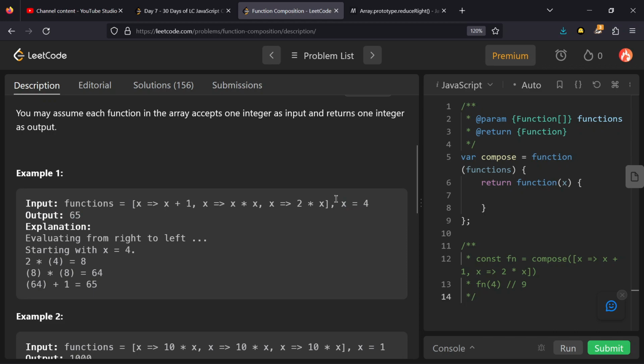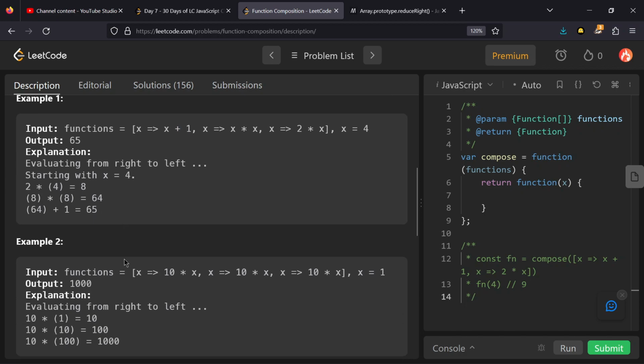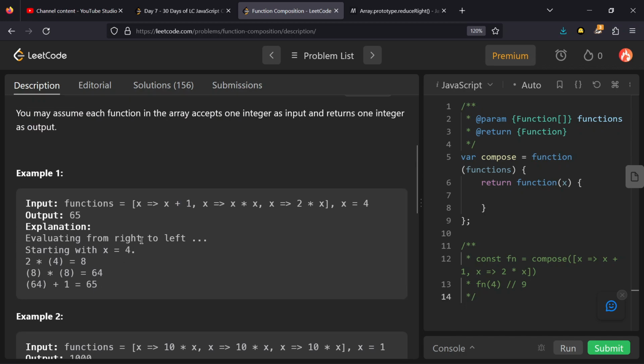So first the value of x is 4, so for the last function, this is an arrow function syntax, this will return 2 times x, which will return 8 in this case. And for the second function, the parameter will be 8, so it will return 8 times 8, which is 64. And for the first function, the parameter will be 64 and it will return plus 1, which is 65 here. So we have to just implement this.